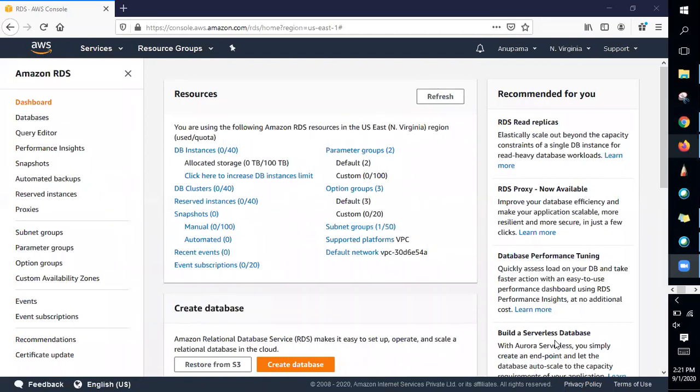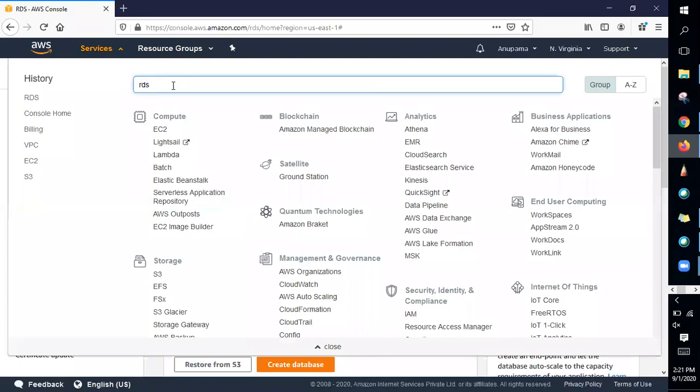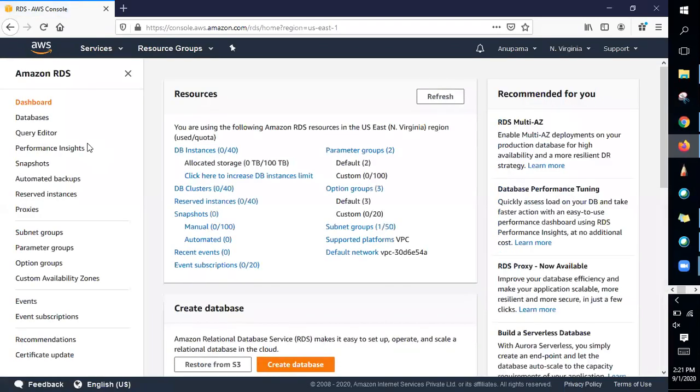Now we will see the steps involved in creating a relational database service. So under the services, if you can just go to RDS. Of course, I opened the same thing, but I'm just showing you how do you go there, and you would be directed to the RDS dashboard.